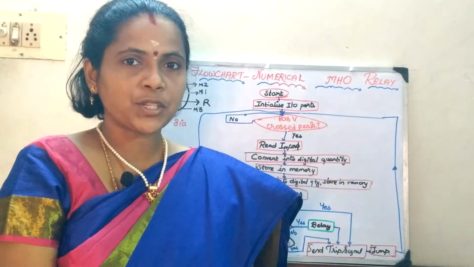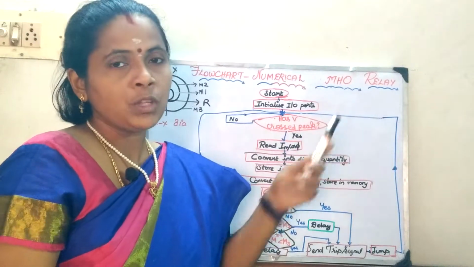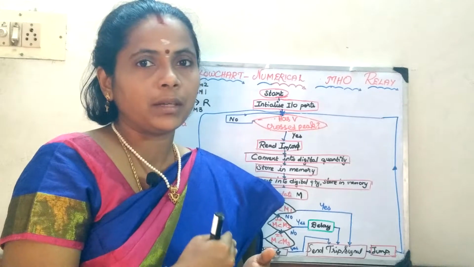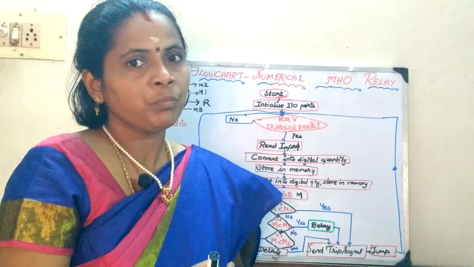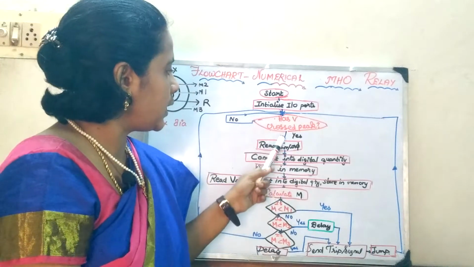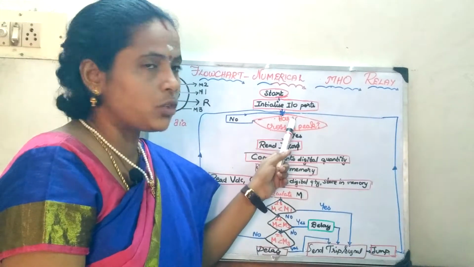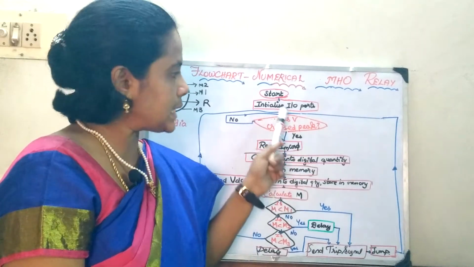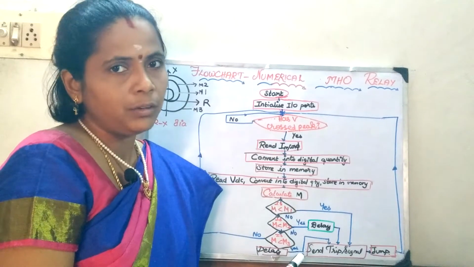In the earlier session, we have seen the working of the numerical Mho relay. So, what was the principle? When the reactance is less than a predetermined or reference value, then the relay will act. Here, we consider the instantaneous value of the current when the voltage reaches its peak, which is determined in this reactance relay. The same principle will be used in the algorithmic steps for writing the flow chart.